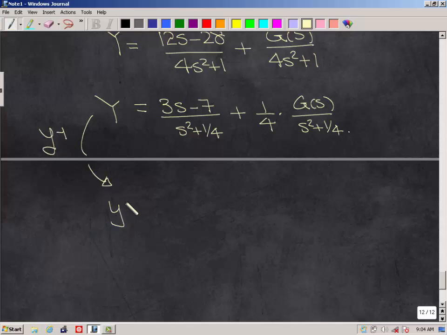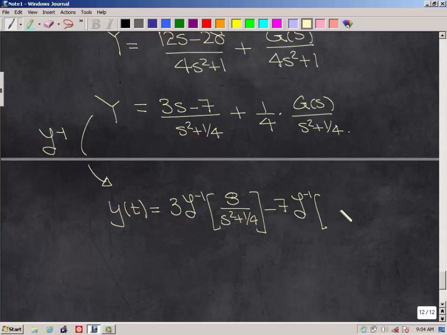So we get little y of t is equal to, okay. So what do we get over here? I can split this up. I can take a 3 out. I get inverse Laplace of s over s squared plus 1/4. Okay. Minus 7 times the inverse Laplace of 1 over s squared plus 1/4. You know this is sine, so I need 1/2 on the top, so I'll have to divide by 1/2 to offset that. Okay. So keep that in mind. Then what do we need? Plus,